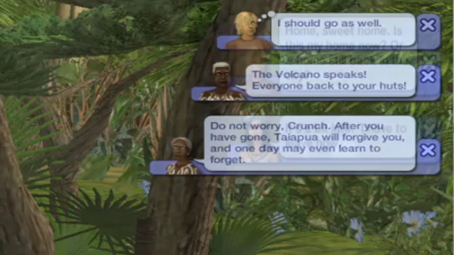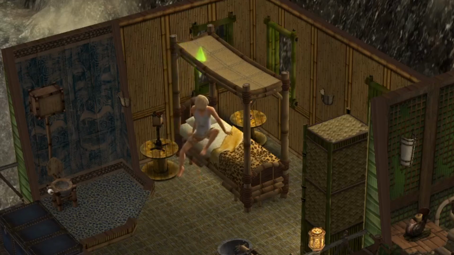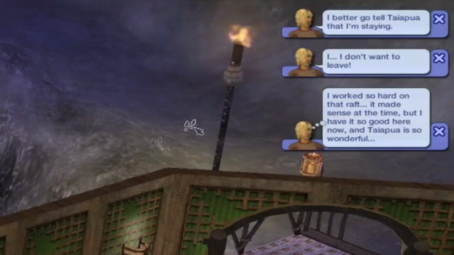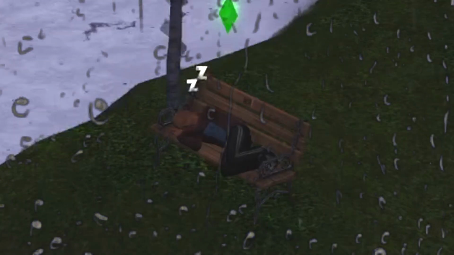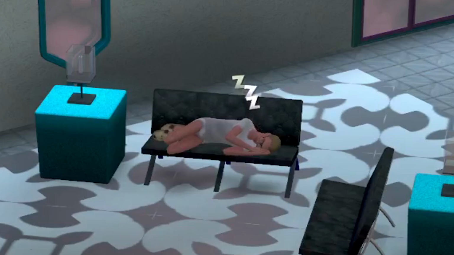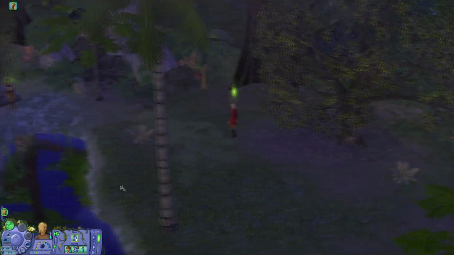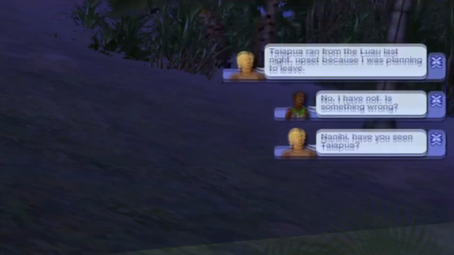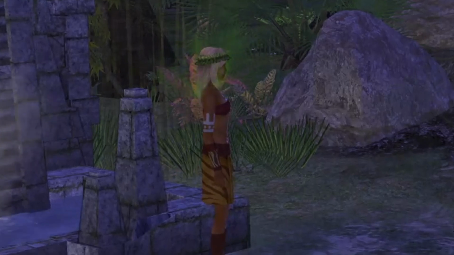Crunch was given the decision, stay or leave. Crunch slept on it and decided he was better off staying. He didn't really have anything going for him back home anyway. If he's anything like the previous Crunches I've made, he's homeless and more recently has a gambling problem. He went to apologize to Talapua and tell her he was staying, but I guess she decided to run off into the arms of Crunch's best friend,